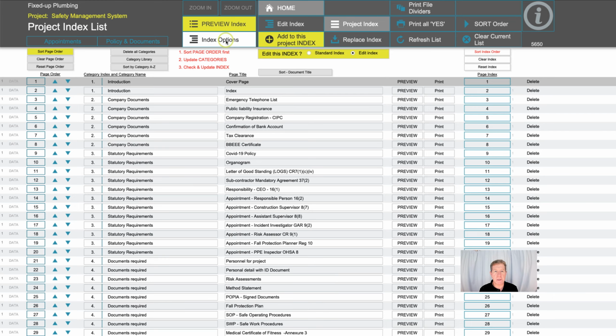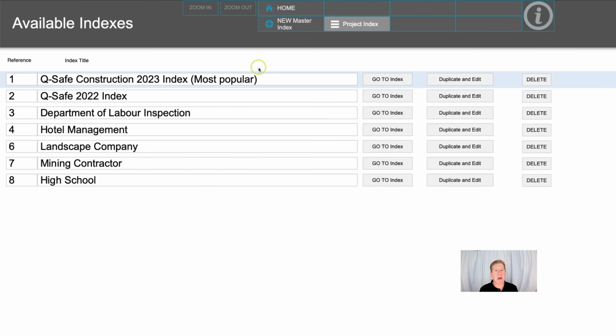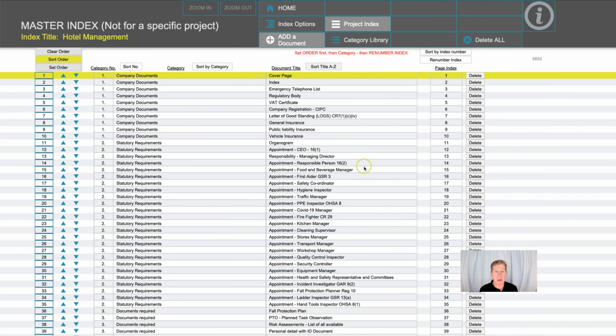We go to the index options and the system will come with several different options you can use as samples. On any one of these, you can go into it, you can check it and change it. Now remember, this is a master index. This goes onto your system and you can change it to suit your needs as a master document, a base